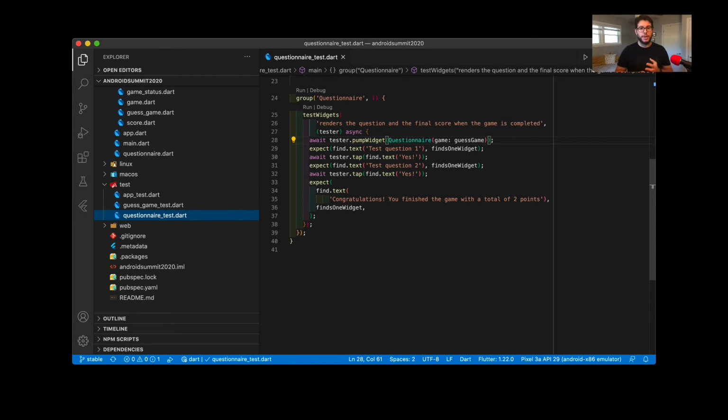Still, we're gonna pump our widget. In this case, the widget that we wanna pump is the questionnaire, and we're gonna pass the guess game. But remember, that guess game is a mock. Then we're gonna try to find the text question 1, and we use expect for that. We say that it finds one widget. Then we're gonna find the yes button and tap it. And then we're gonna expect that we have the test question 2. Finally, if we tap again on the yes button, we should be able to see the final score result, right? It looks like this test should pass,